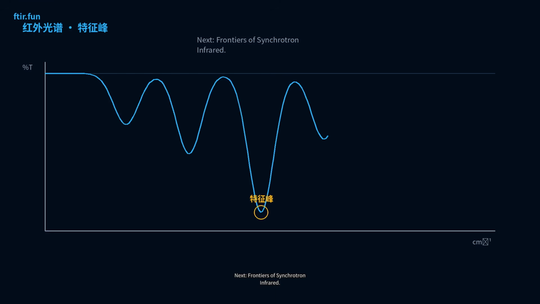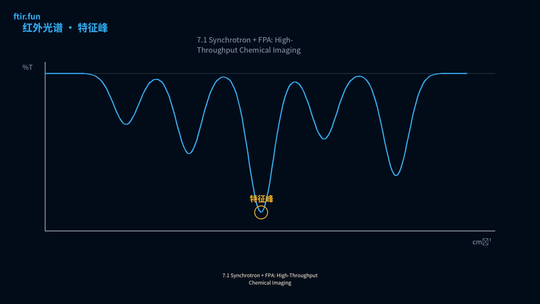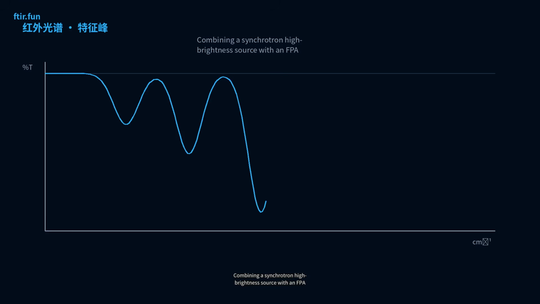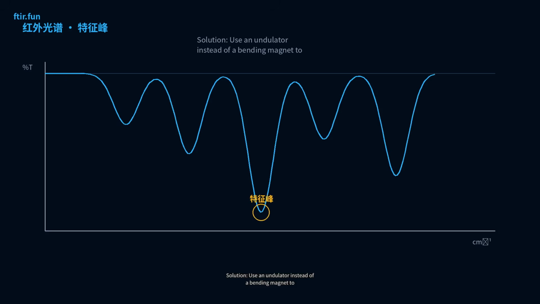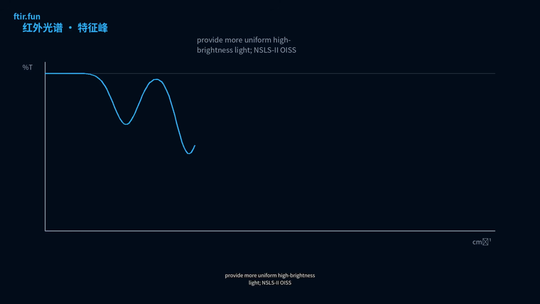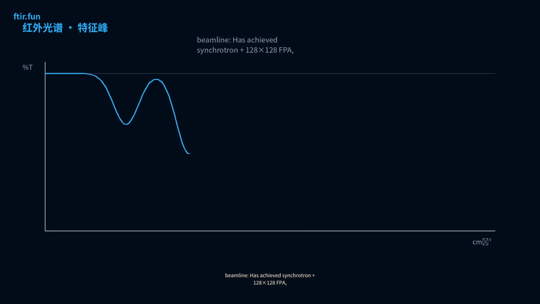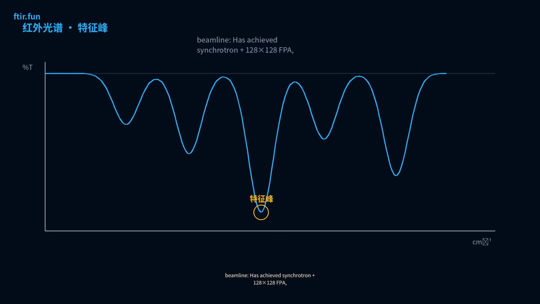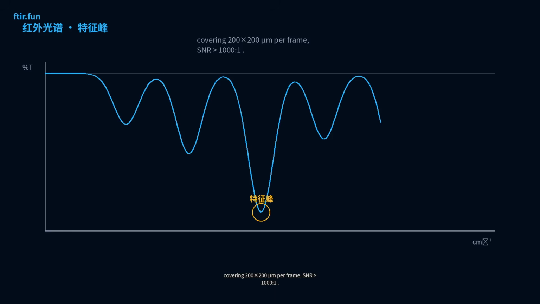Next, frontiers of synchrotron infrared. 7.1 Synchrotron plus FPA high-throughput chemical imaging. Combining a synchrotron high-brightness source with an FPA array is a recent trend. FPA requires uniform illumination, but the synchrotron beam is small and Gaussian distributed. Solution: an undulator instead of a bending magnet to provide more uniform high-brightness light. A beamline has achieved synchrotron plus 128 times 128 FPA, covering 200 times 200 micrometers per frame, SNR